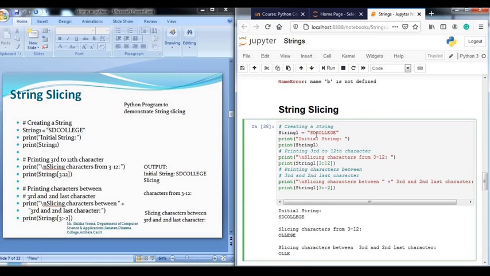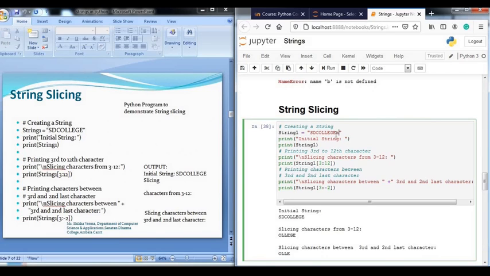0, 1, 2, 3, third position, starting from the 3rd position. Here you just have to notice one thing, that I am writing 3rd, so starting from 3rd, like 0, 1, 2, 3, that is 4, and the 12 location is 4, 5, 6, 7, 8. Further locations are not there, so that's why it is returning only this value.